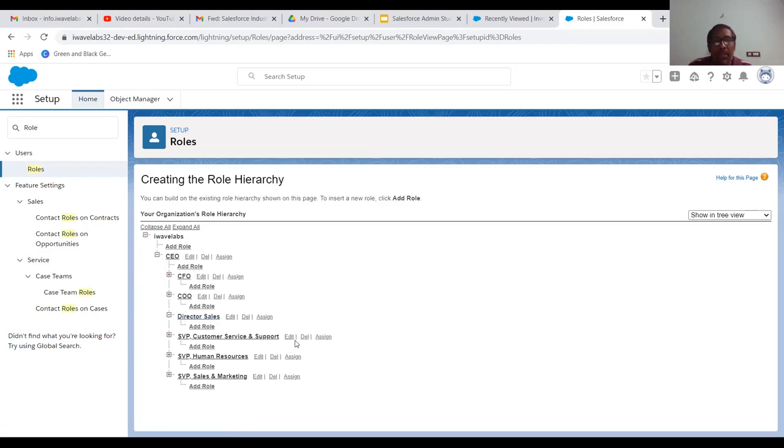This role is mainly used to access the data, mainly for accessing the data for which we are going to create a role. Now let me go back to my slide now.